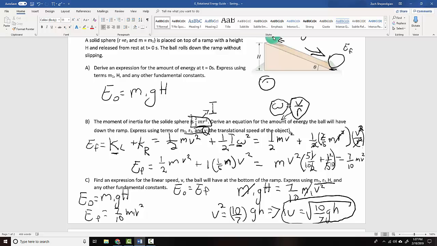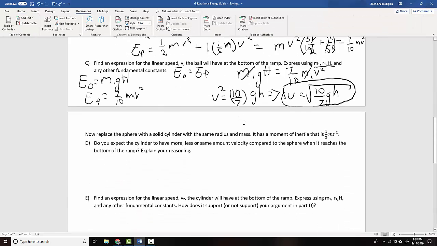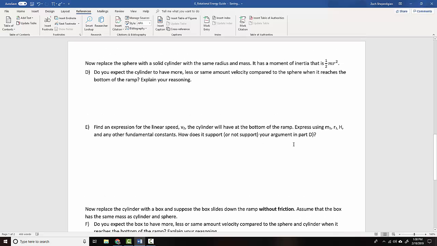Woo. Now, why do we care about this? We care about this because of the problems down below. If we go down, now it's looking at, well, what if we change it? What if we didn't have a solid sphere? What if we now have a cylinder? Now, instead of a sphere, it is just this soup can. What if I just had this soup can rolling through the center